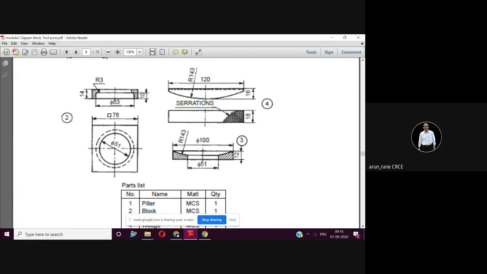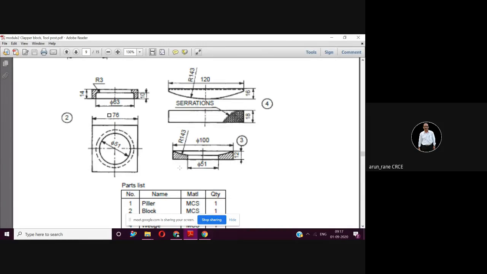Now you locate the center of this arc. From this point, it is at a distance of 134. If you use the Pythagoras method, you can very well calculate this. Here you have to do some calculation. Actually, in drafting, you are not supposed to do calculation, but if you want to make it faster, you can calculate it. Because you know the hypotenuse is 143 and this distance is 50. So you can get this distance. So that will come to 134.